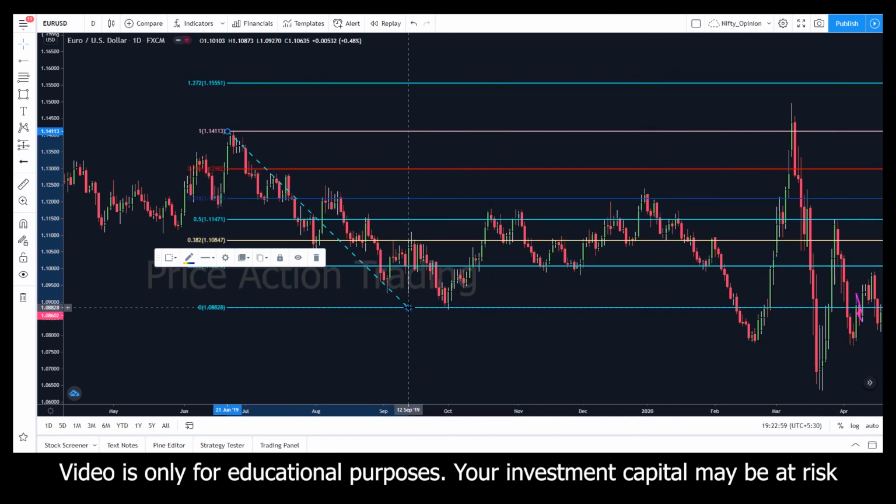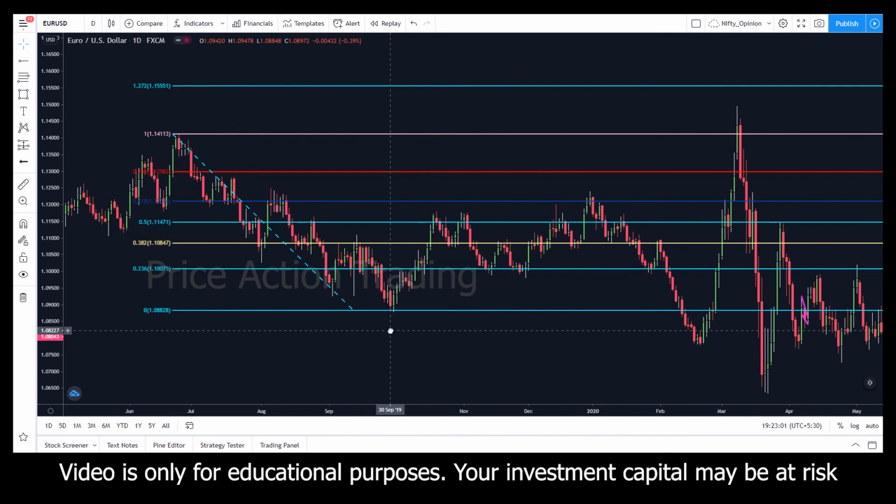When you draw the Fibonacci lines for support and resistance line, use the 61.8 line, the 50 line, and the 38.2 line. These three levels are very strong, and you don't need to use any other levels. The 1 level is for reversal patterns and the 0 level is also for reversal patterns, but these 3 levels are very key levels and the market most likely moves up or down from those levels. So this is the bonus step that will help you to see the market, or the chart, differently.